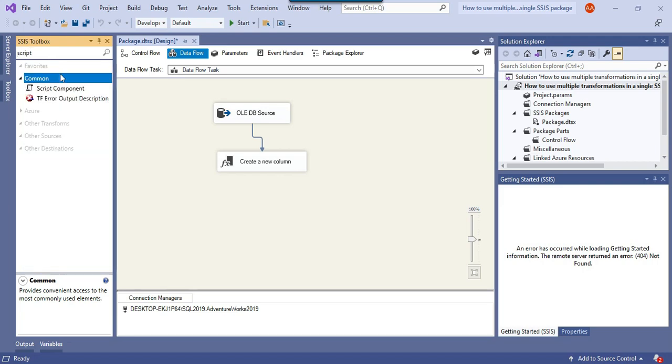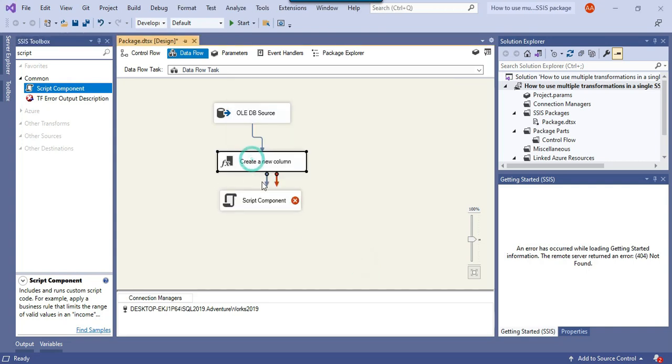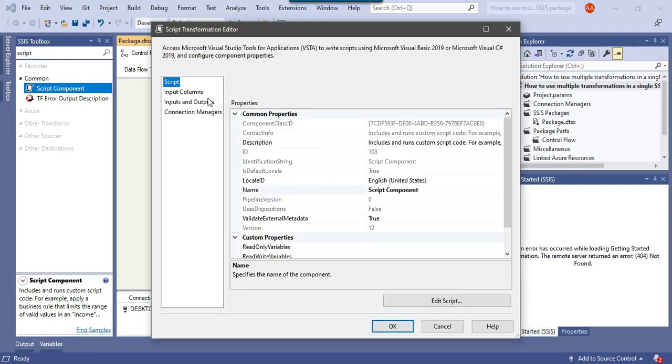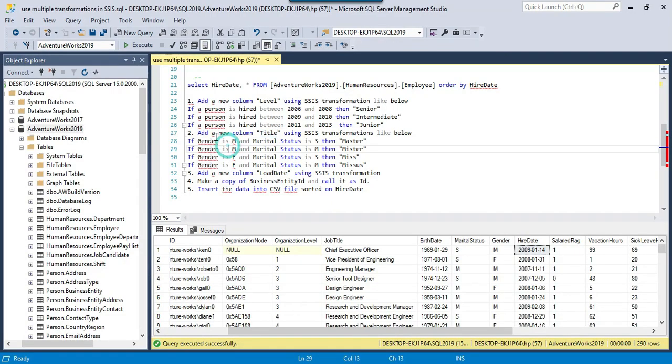Now let me drag and drop the script component here. I can write script, drag and drop the script component, and it will be of transformation type. I can connect the derived column with the script component transformation, and in the edit, we can click on input columns to select the columns. We need to assign the value to the title based on the below condition. If gender is M and marital status is S, then the value will be master.